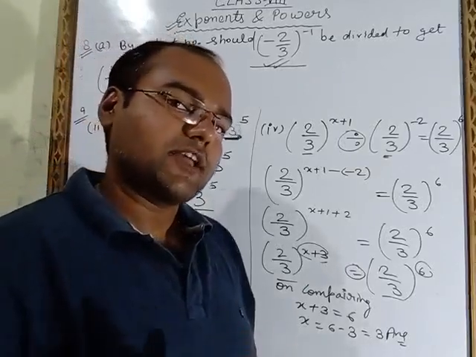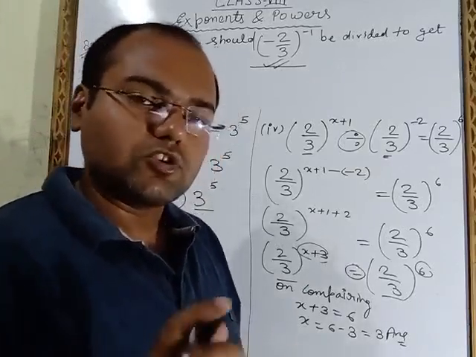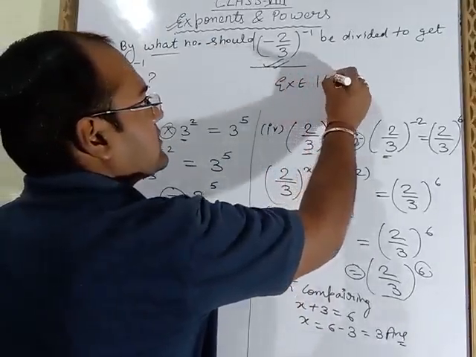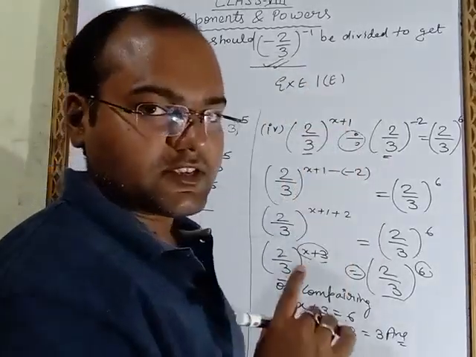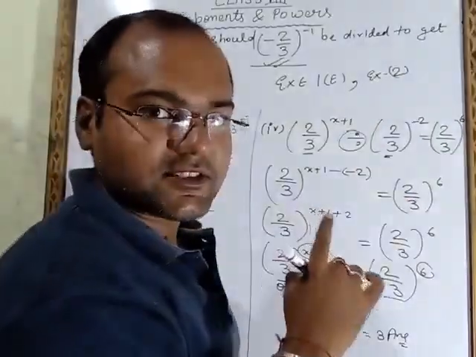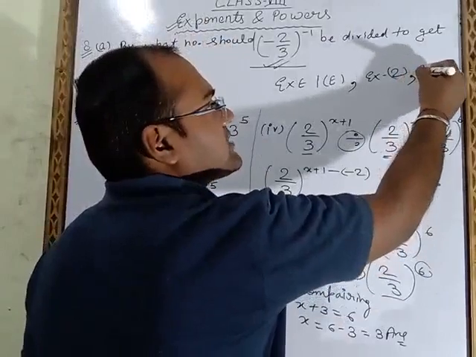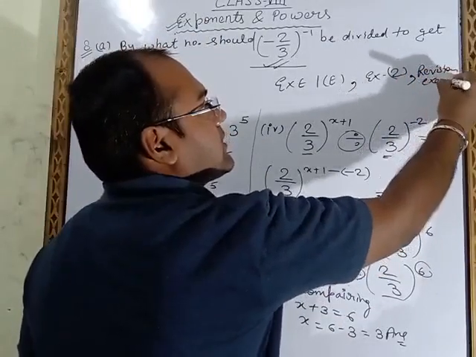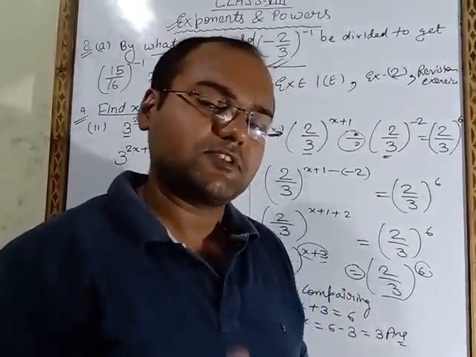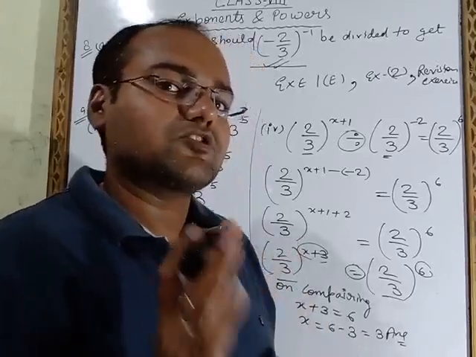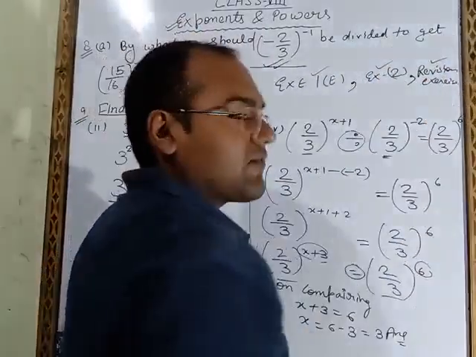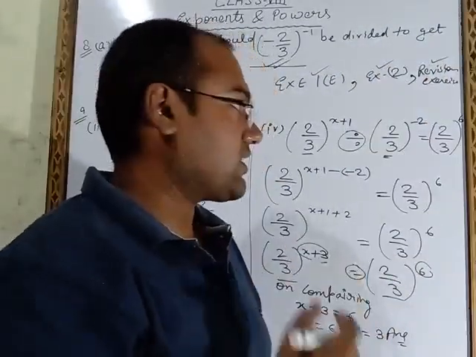Now the rest of the parts you have to do in your homework. Your homework is: you have to do exercise 1E, the rational number exercise which I explained, then the exponent exercise also, and after this one revision exercise is given. In that revision exercise you will get a mixture of all those exercises which I explained in the previous videos. You have to do that revision exercise also.